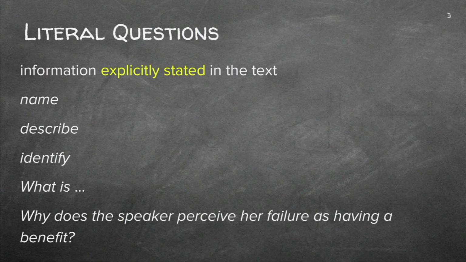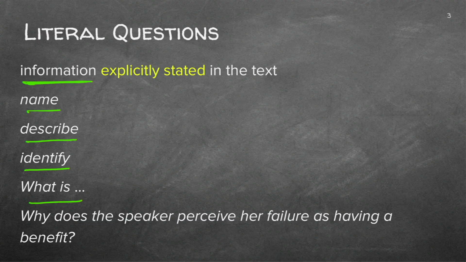They will be questions asking you to name certain things, so you're going to fetch it, right? To describe certain things. The thing is there, and the aspect is there. You just need to say what it is and make it a bit clearer as to what it is, but it's there. There's nothing difficult about it. Identify, just find this aspect. Questions that say, what is the first thing that scared the author, for instance? Have a look. Oh, the first thing. Here it is. I find it. I write it down. So the information for literal questions, that's the very first.